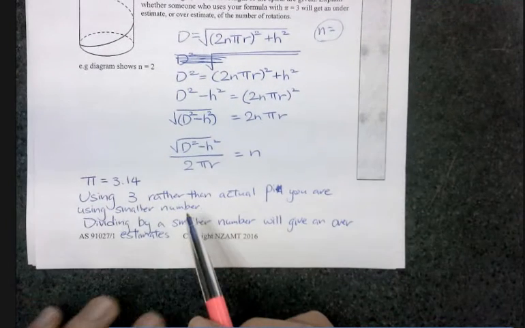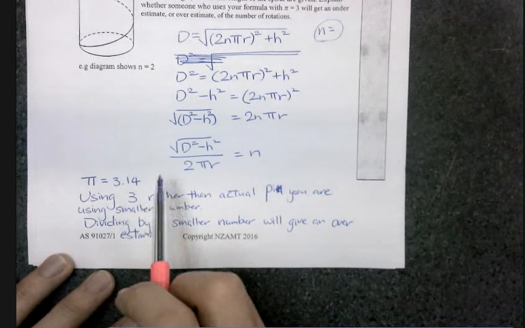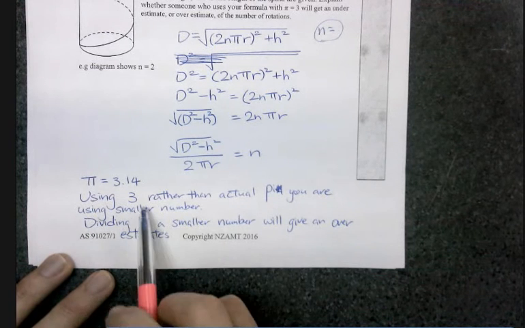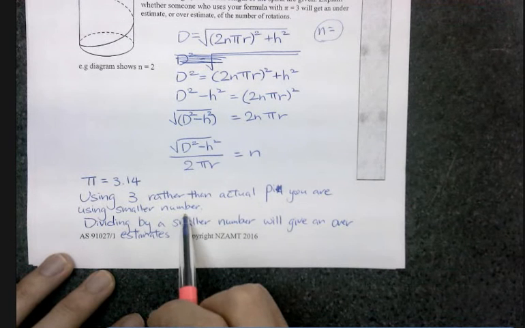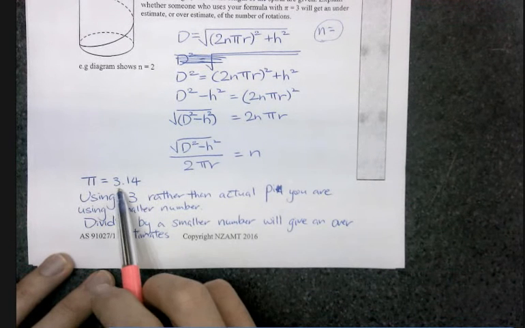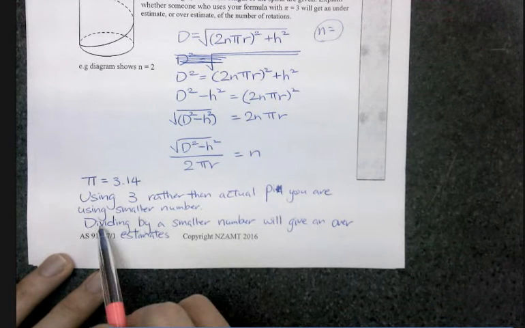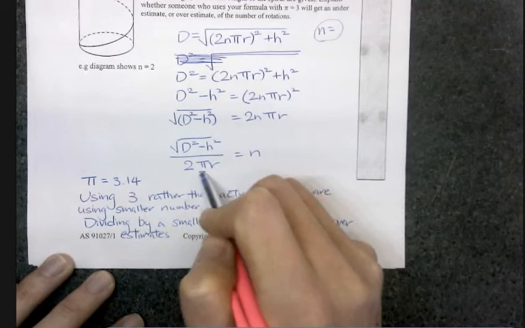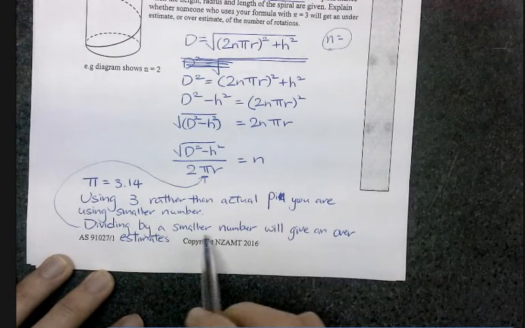Now, the actual number for pi would be 3.1415 and so on. It would go on. But by using 3 rather than actual pi, you are using a smaller number. So you know that 3.14 is larger than 3. We know where the pi is. Pi is here in the actual formula now. So if you divide things by a smaller number, you will